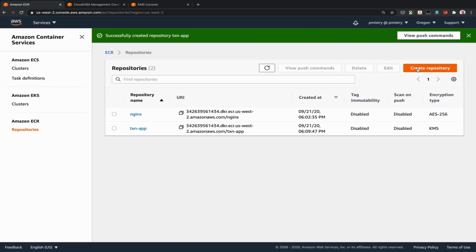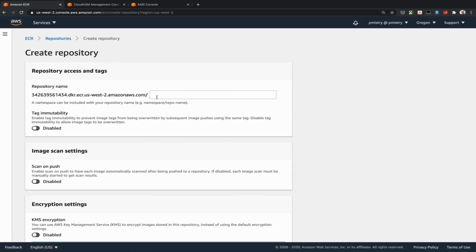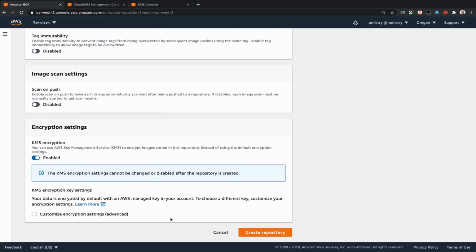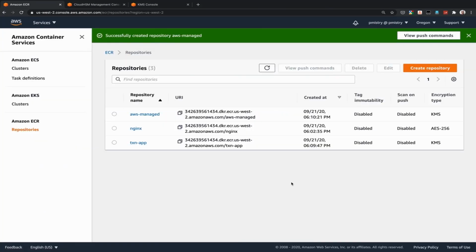Now, to use another example, I'm going to use AWS managed CMK in this case, where you do not need to specify a CMK yourself. AWS creates that for you. So now when I click on this repository,